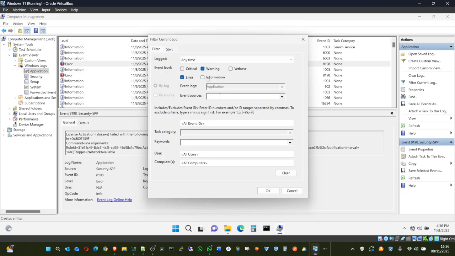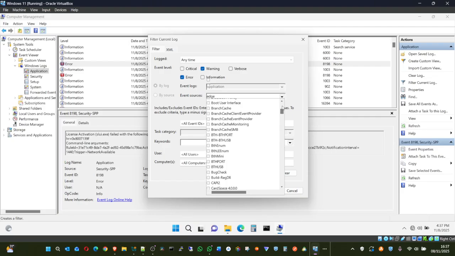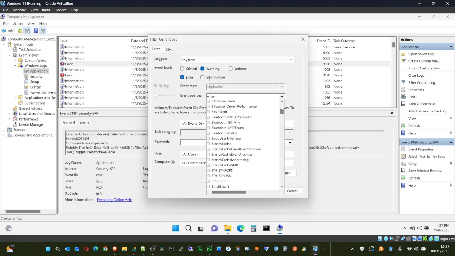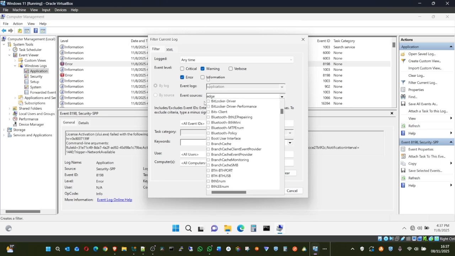Just do a search. Maybe it's battery, maybe it's BitLocker, anything that you know, because there are hundreds to thousands of things listed in here.